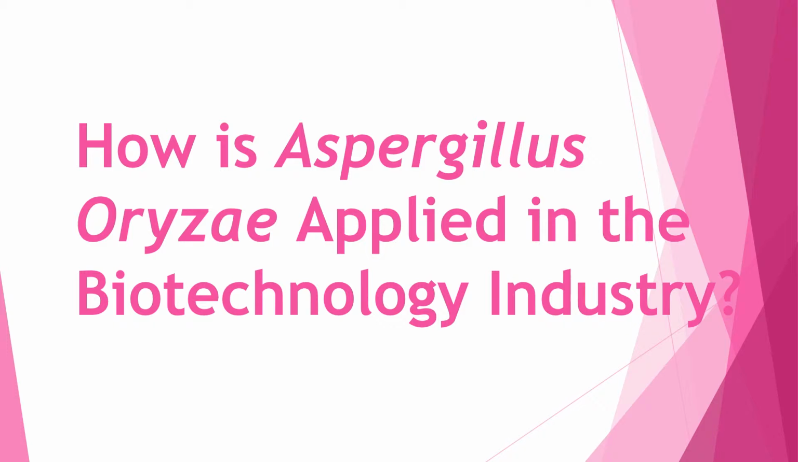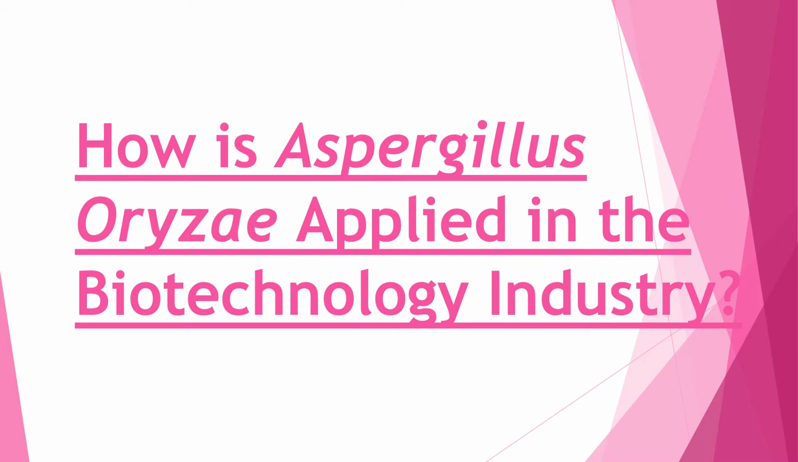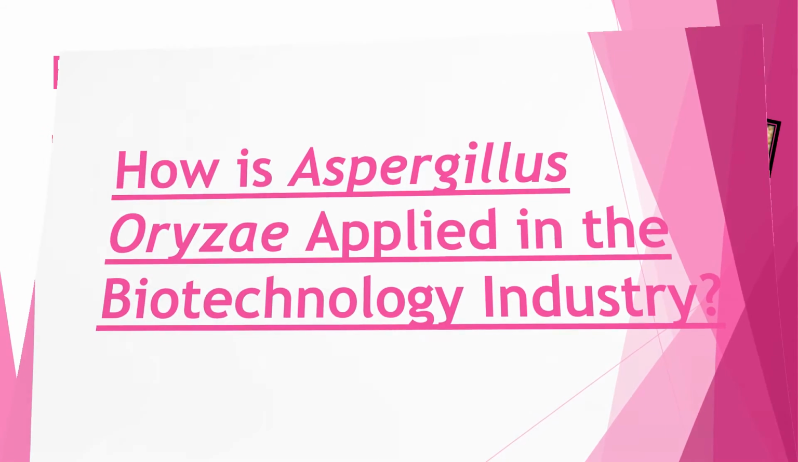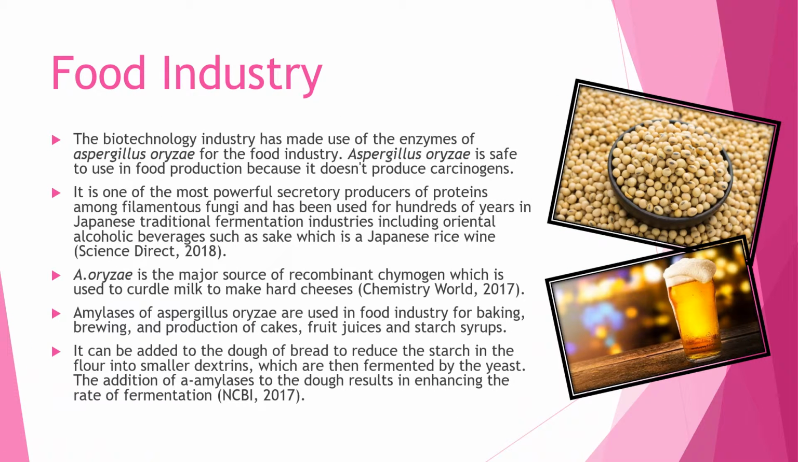How is Aspergillus oryzae applied in the biotechnology industry? The biotechnology industry has made use of the enzymes of Aspergillus oryzae for the food industry. It's safe to use in food production because it doesn't produce carcinogens. It is one of the most powerful secretory producers of protein among the filamentous fungi and has been used for